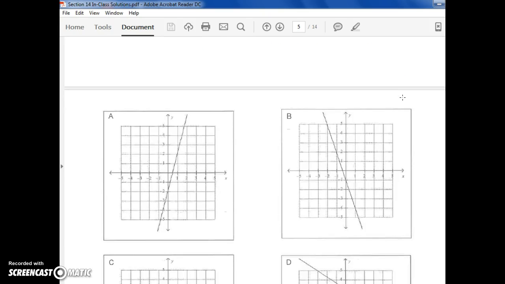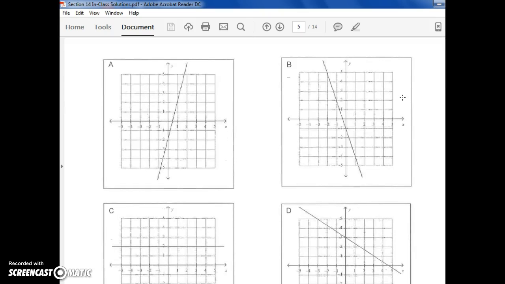So looking at our graphs here, we're going to start with A, B, C, and D. So graph A, I'm going to first look at the intercept, so the x-intercept, in this case the 0. And I have a positive value right there. So my x-intercept will be a positive number, and that's what we also call the 0. It's called a positive 0, which sounds really strange to think about, a positive 0, but it's the same thing as an x-intercept. And the function is increasing